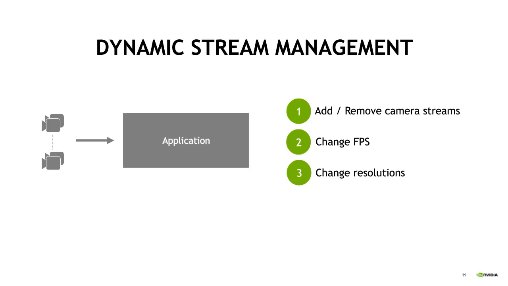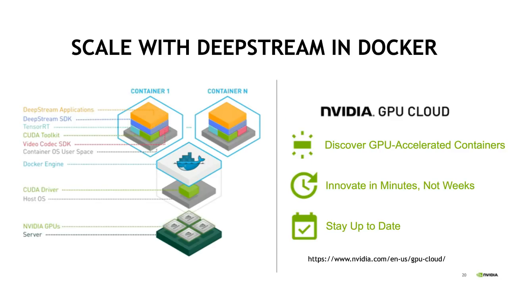With DeepStream 3.0, you can also scale out with Docker containers. So over the last few years, there's been a significant rise in the use of containers for deployments. And the reason is pretty simple. Containers encapsulate an application's dependencies to make it reproducible and reliably execute the application without having to spin up an entire virtual machine. And so we've released on NVIDIA GPU Cloud